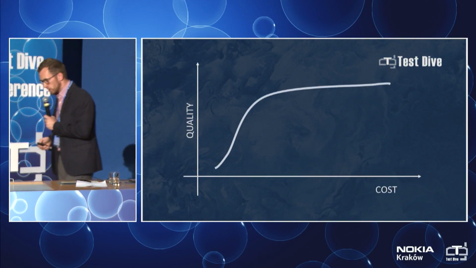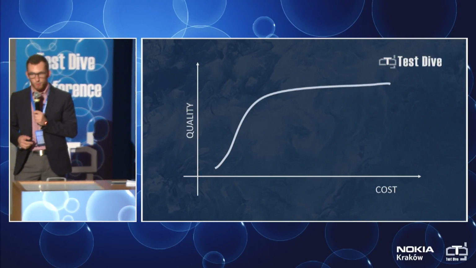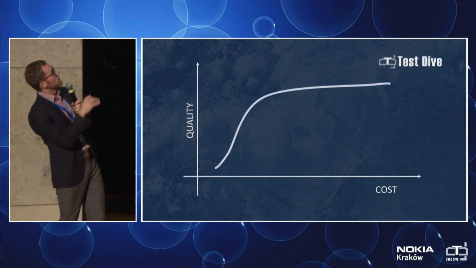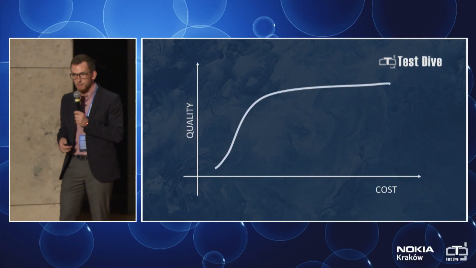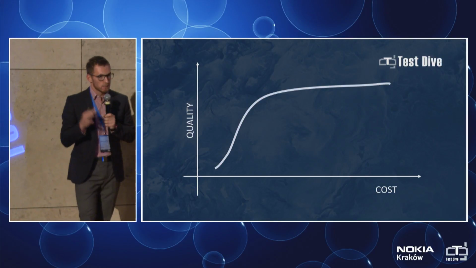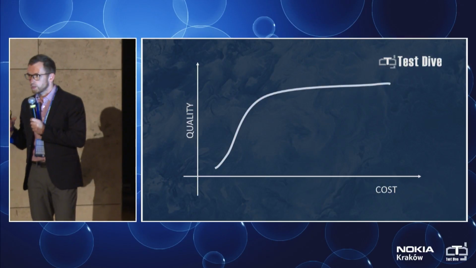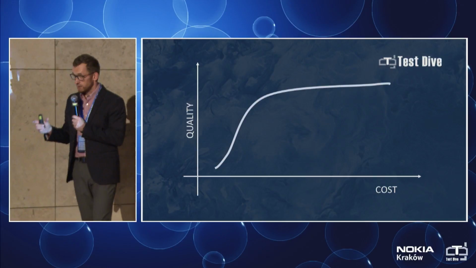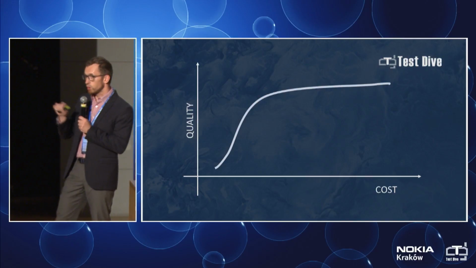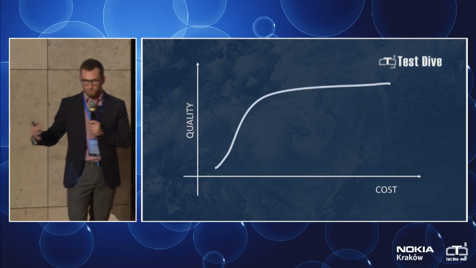So if we try to quantify it in some kind of way, probably you can quantify it with a Pareto distribution. Of course, disregard this chart because I've drawn it in the best engineer's chart drawing tool, which is Microsoft Paint. But basically, the Pareto distribution tells you that 80% of your bugs are found by 20% of your cost. But at the same time, getting the last 20% polish quality of your product will cost you 80% of your testing cost. So